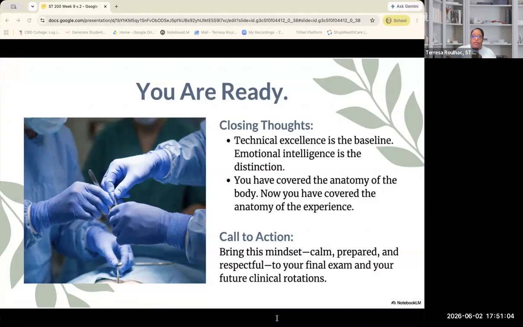I want you all to sit back and look at what you have done in the last 8 weeks. Look at the amount of information that you've gained, the amount of information that you can now teach back, even though you may not feel as comfortable or confident. I'm telling you that you're able to do it. Things that you weren't able to do week 1, module 1. Celebrate the wins. That's going to help carry you as we get closer and closer to the cumulative exam. All right, I'm going to get off my soapbox.